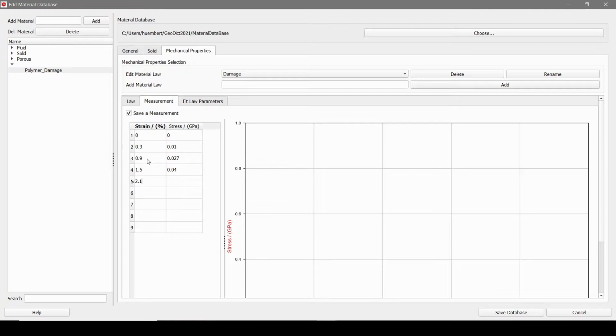Then we have 2.1 and 0.047, 2.7 and 0.048, 3.3 and 0.044, 3.9 and 0.037, 4.5 and 0.029.